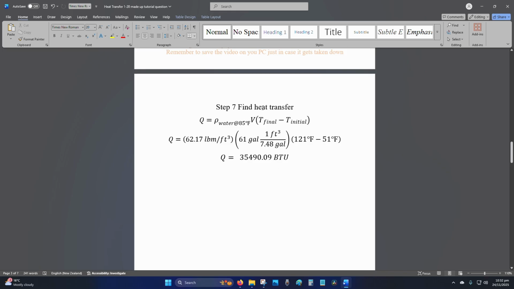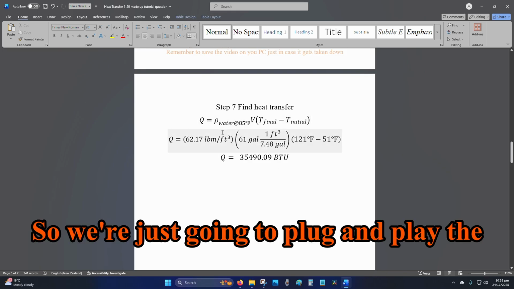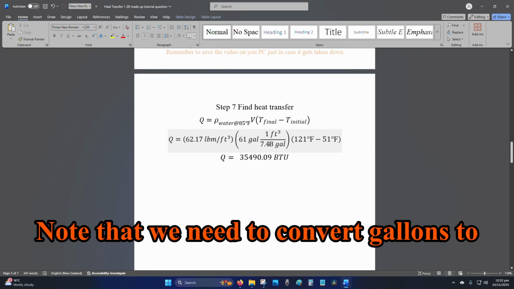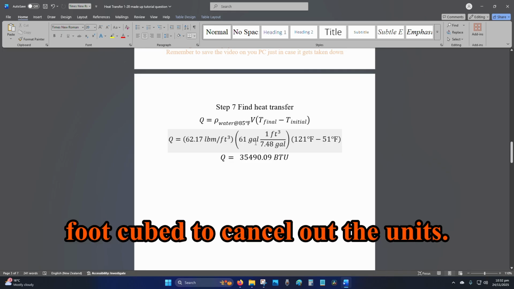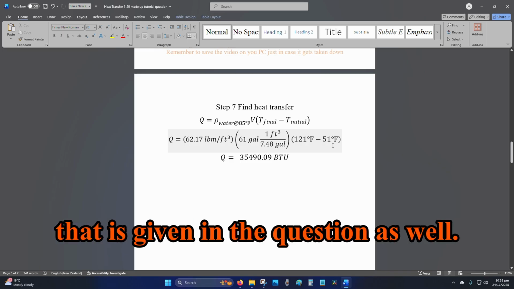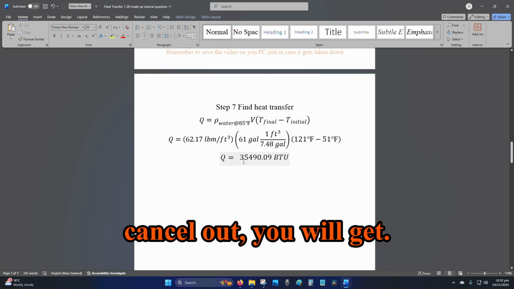Step 7, we can now backtrack and find the heat transfer. So we're just going to plug and play the density that we found as 62.17. The volume is given as 61 gallons. Note that we need to convert gallons to foot cube to cancel out the units. And then the difference in temperature that is given in the question as well. So once all your units cancel out, you will get